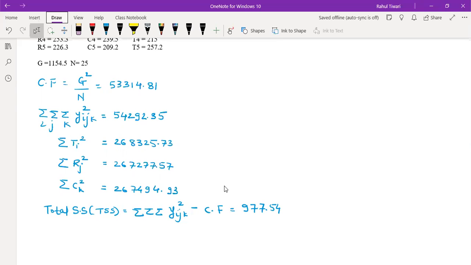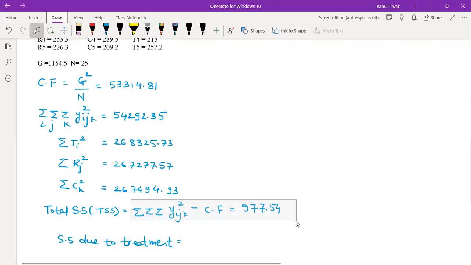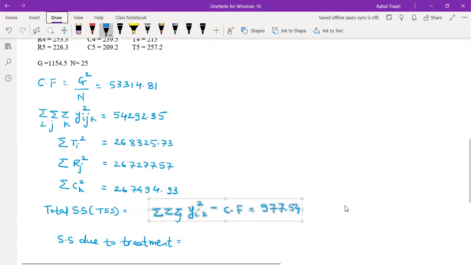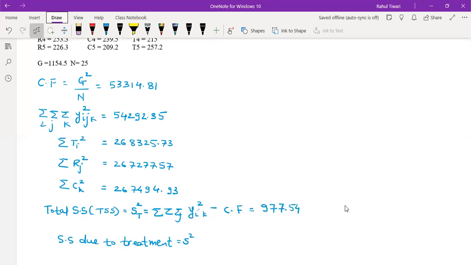Similarly, you can find sum of square due to treatment. Notationally, I will write this as S squared T. Sometimes you will get notations also, so don't get confused. Sum of square due to treatment, S squared TR. Treatment means TR is equal to